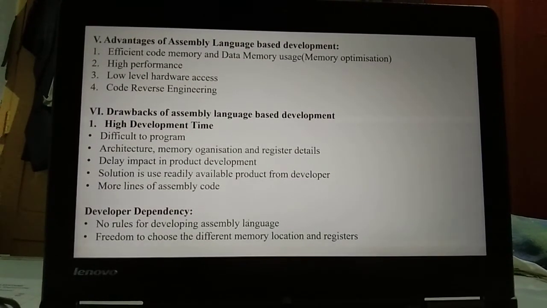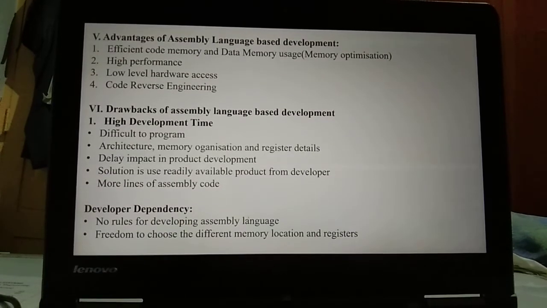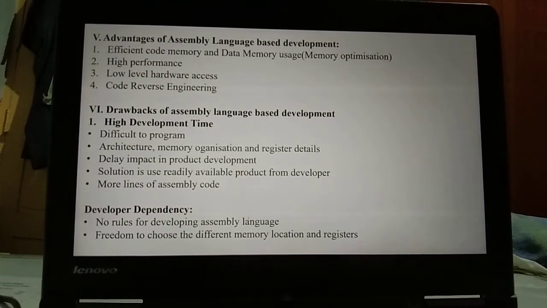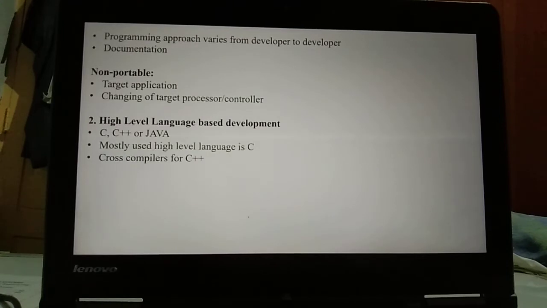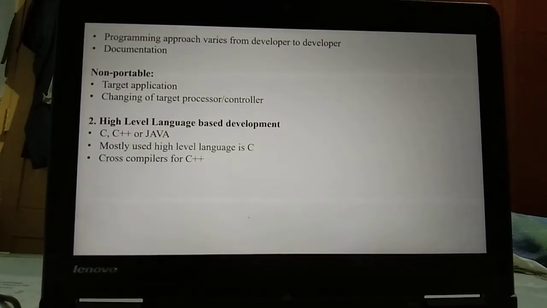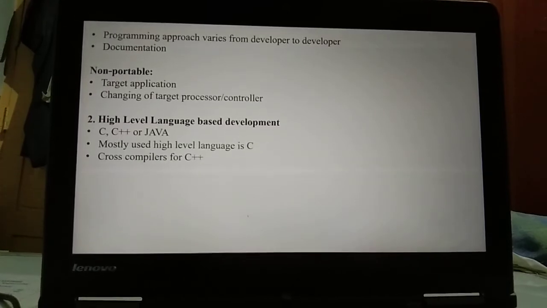In assembly level language, there is freedom to choose different memory locations and registers. Programming approach varies from developer to developer depending on his or her taste. For example, moving data from a memory location to the accumulator can be done in various methods.